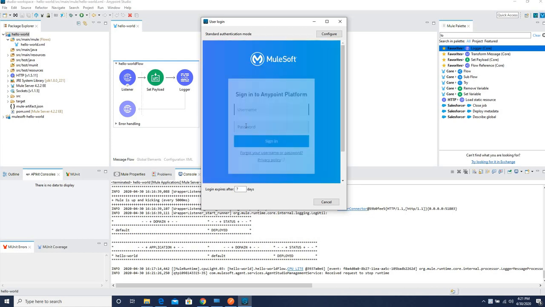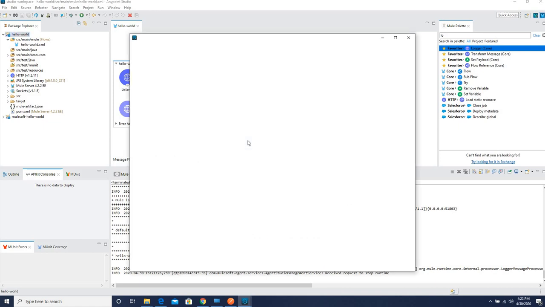So there will be some screen. It's loading, so it's asking me to sign into my Anypoint Platform. So I'm just writing my credentials, and I'm able to log in here. It's taking a bit of time, and